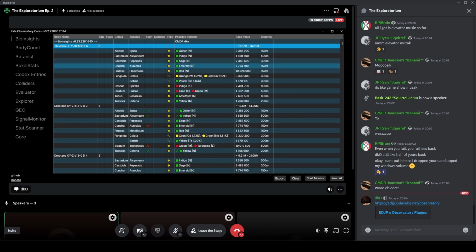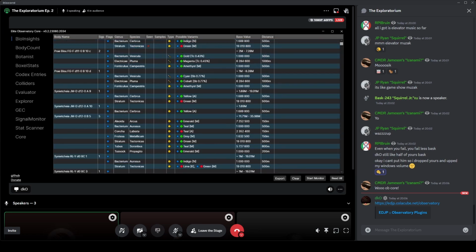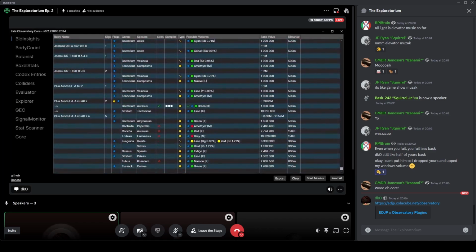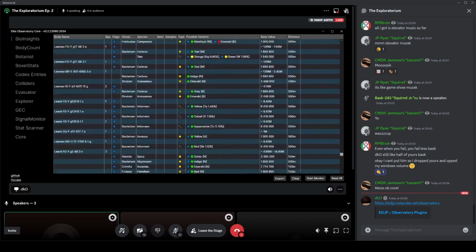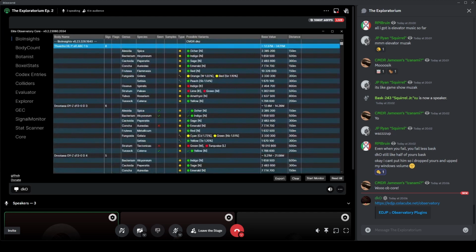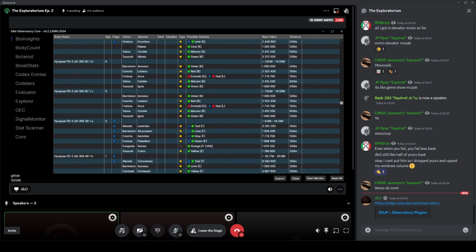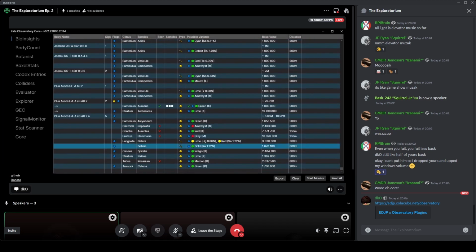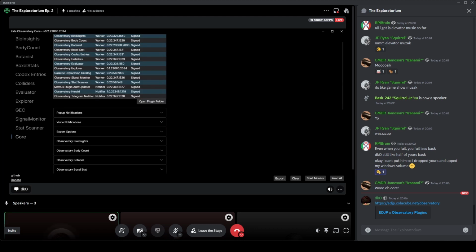Now, when it first populates, this is everything that I've ever seen in game. This is all my stats so far. Now, I don't want it to constantly show me all this, even when I go into a new system, because then I have to scroll all the way down. It tends to jump up to the top whenever you enter a new system or new data gets added here. So what I do is I go to my settings, and Core is where your main menu of